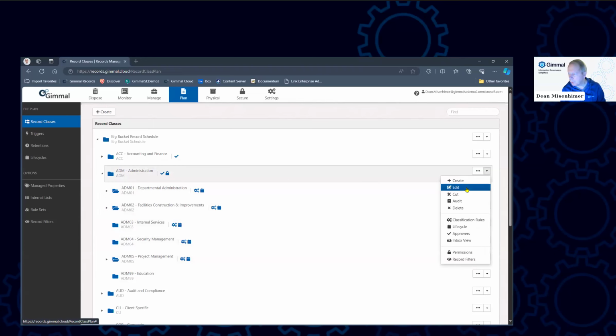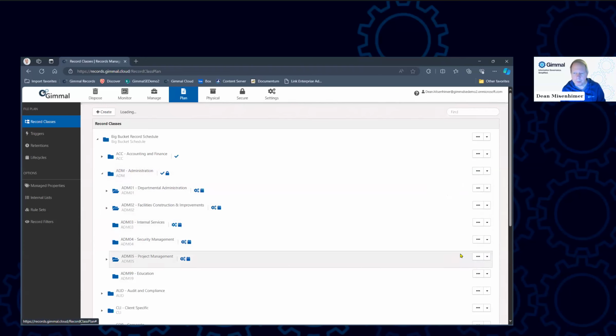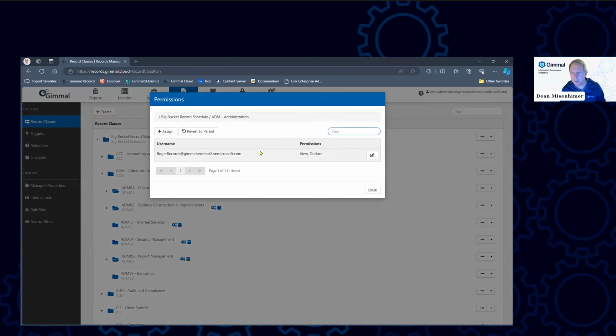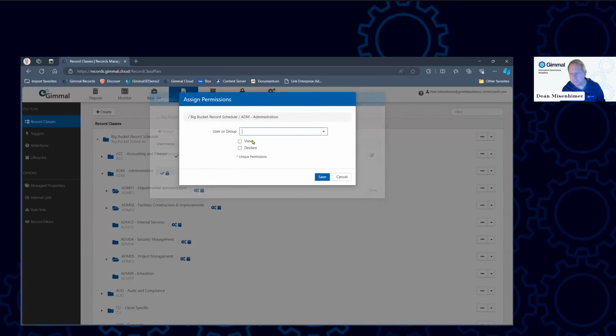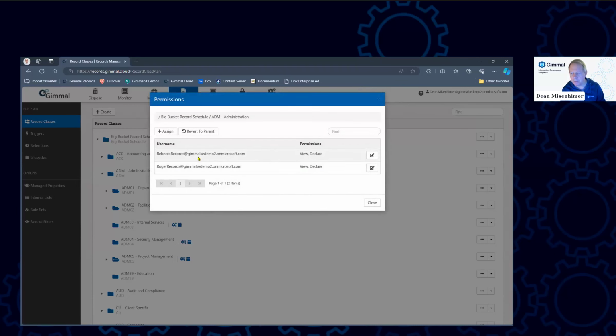Again, I'm going to go over here to my pull-down menu. I'm going to click on permissions, and that brings up the permissions that I have specifically given Roger on the administration record category. If I wanted to add someone else, I could click assign. I could select from any of my users or my groups. And so let's come in here and let's give Rebecca view and declare privilege also. I basically just select the name of the user, what permissions I want to grant, click save,